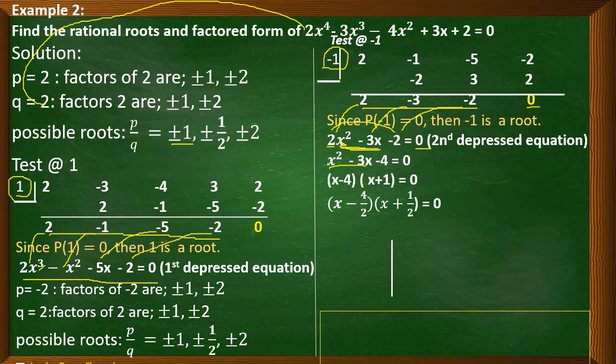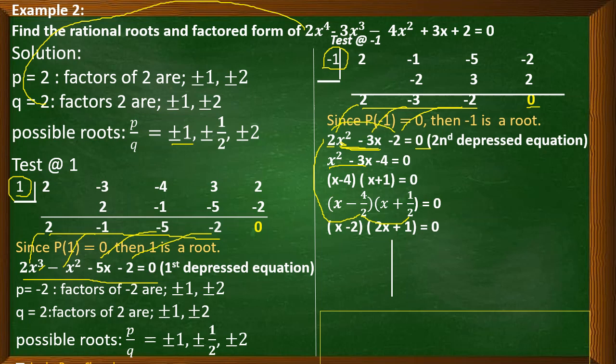Again, where did we get 2? Coming from the coefficient of the quadratic term. Whatever the coefficient of the quadratic term is, that will be the number that will be divided to the constant term in the factored form. Now let's simplify further. So we have x, negative 4 divided by 2, that is negative 2. So we have x minus 2. And then the other one we have